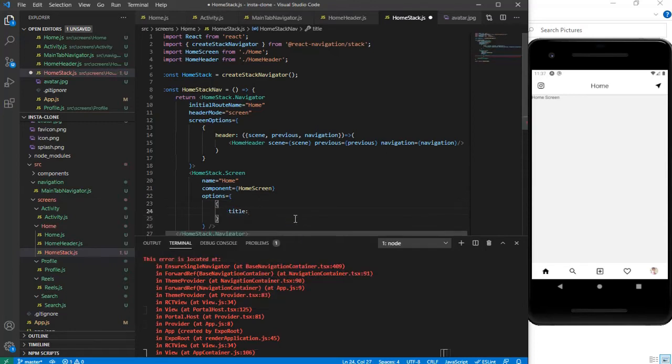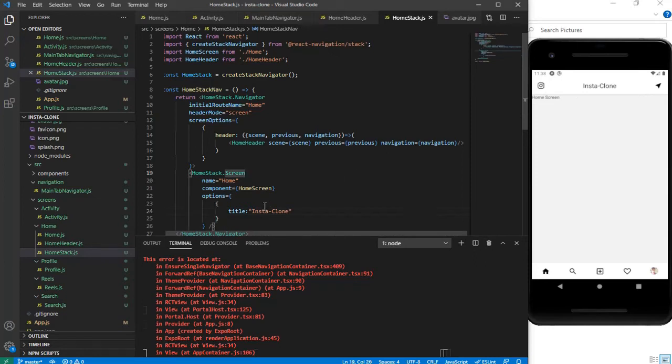The title is going to be... There you go. This is updated and you can see the home. And even if you have some card or something, and if you navigate to the next screen, you will see